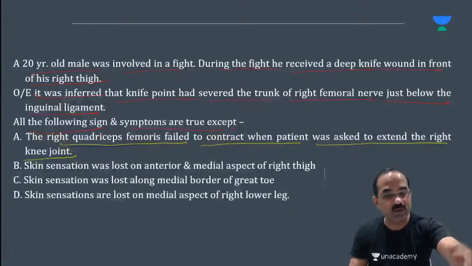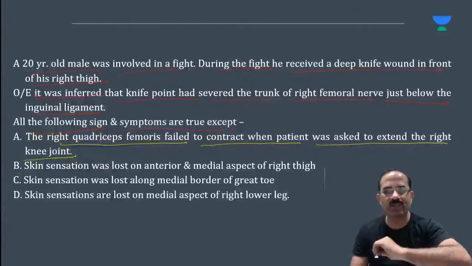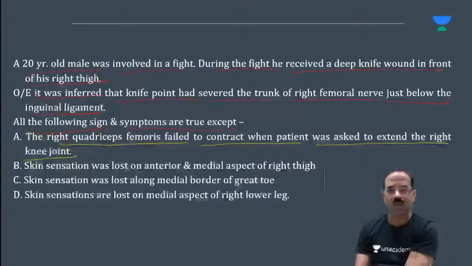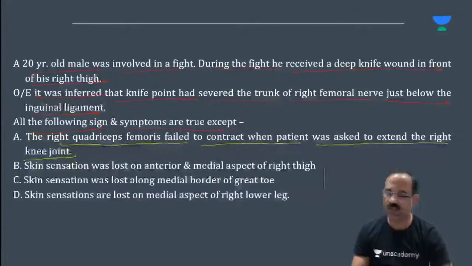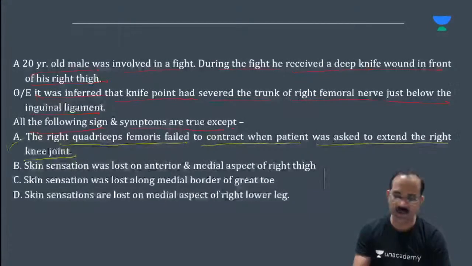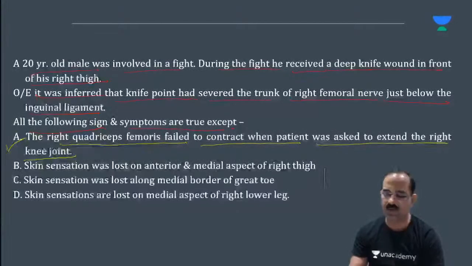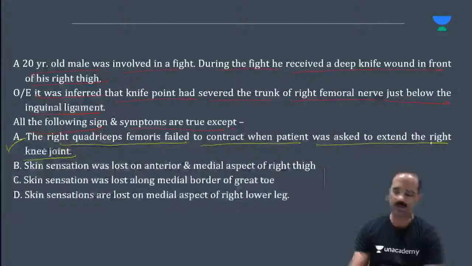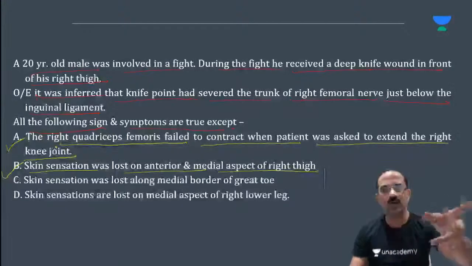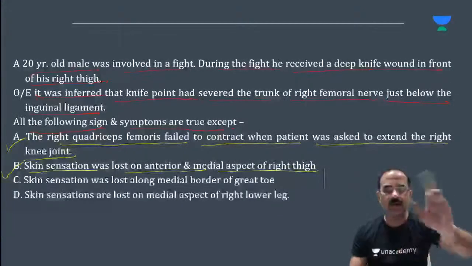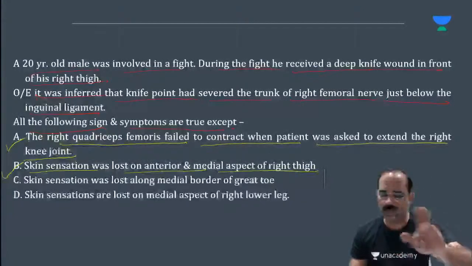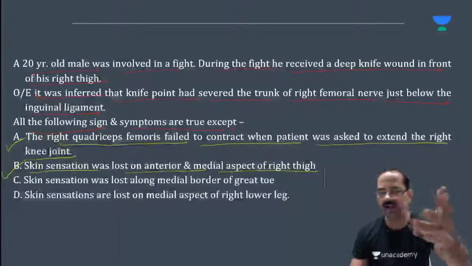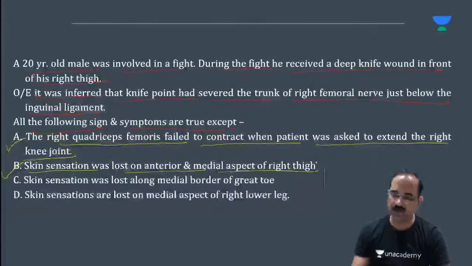What is the action of quadriceps femoris on the knee joint? Extension. So this is correct: the right quadriceps femoris failed to contract when the patient was asked to extend the knee joint. Skin sensations were lost on the anterior and the medial aspect of the right thigh. Correct? Because who supplies this? The anterior and the medial femoral cutaneous nerves of the thigh, which are branches of the anterior division of the femoral